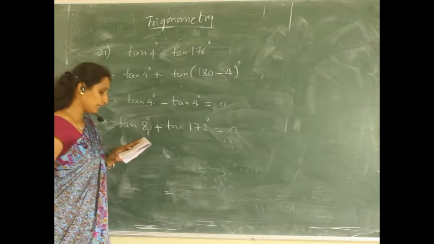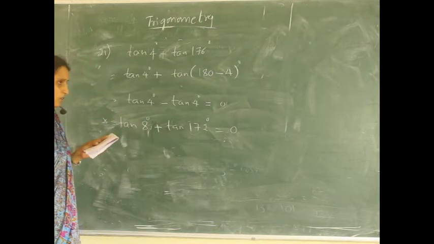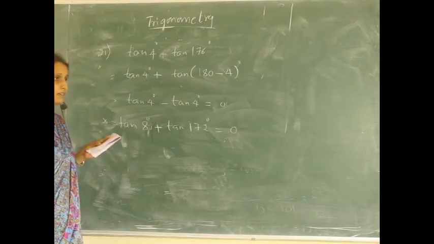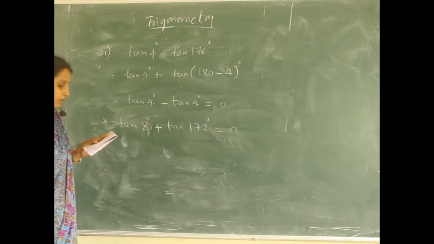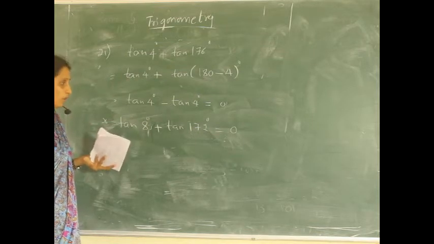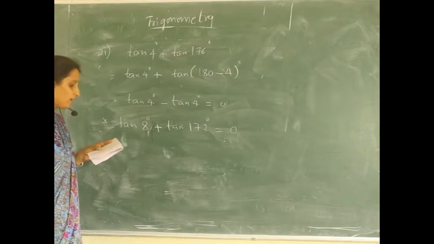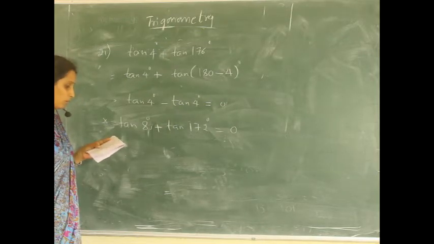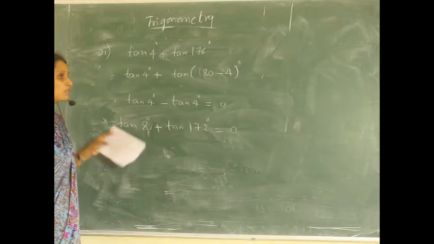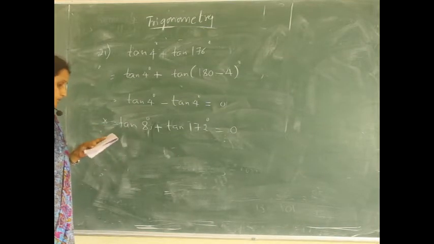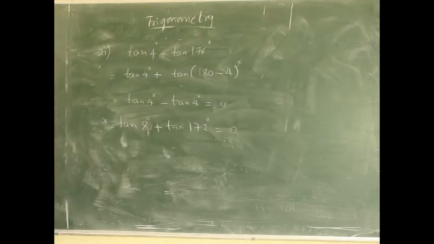So tan 1 degree, tan 2 degree, up to tan 89 degree is not equal to 0. Sin 1 degree, sin 2 degree up to sin 90 is not equal to 0. Cos 180 is also not equal to 0. Therefore the answer for the 21st question will be cos 1 degree, cos 2 degree, and so on up to cos 180 degree, because cos 90 will be there, and cos 90 will be 0. Therefore the product will be 0. So this is the 21st question. Next question will be,